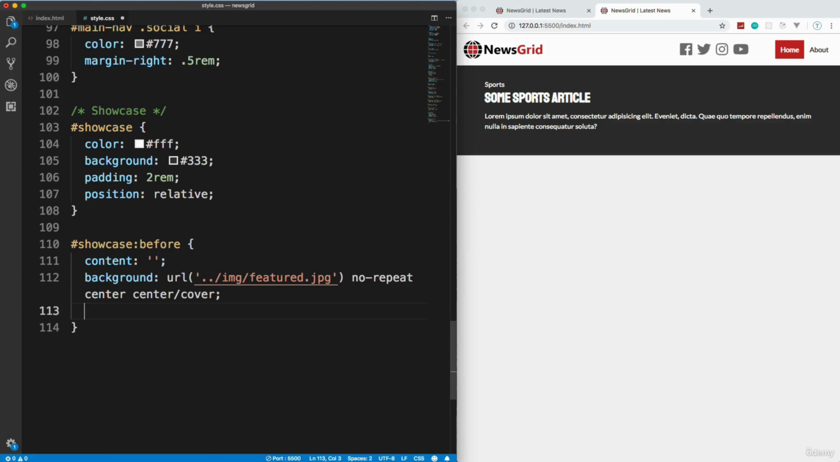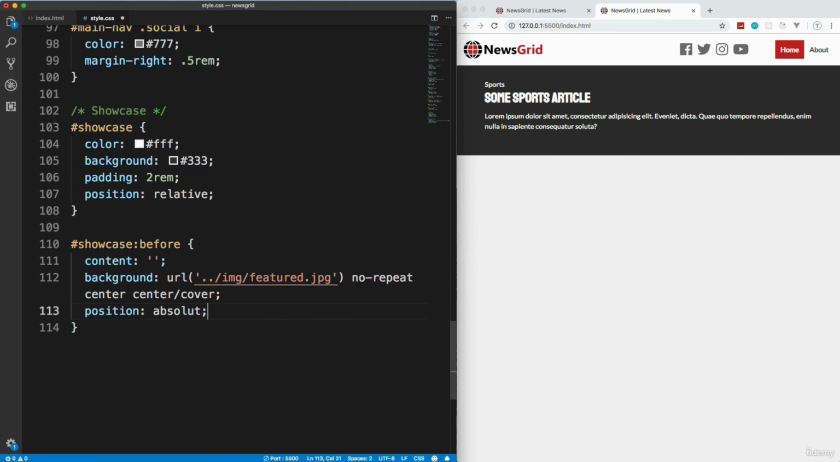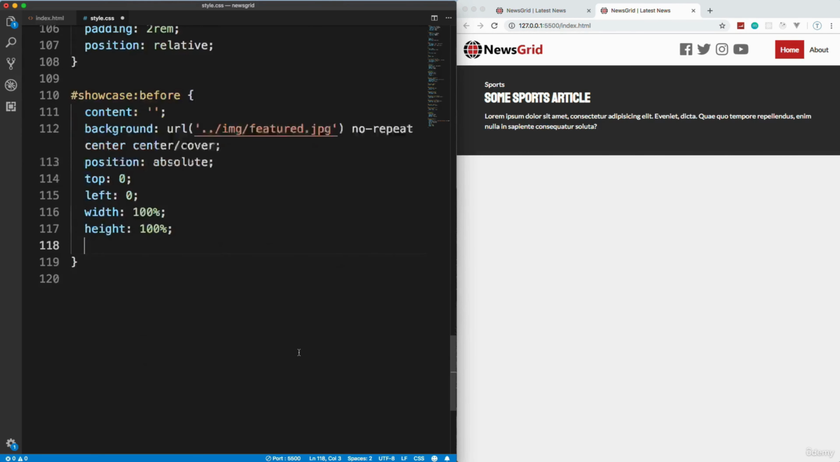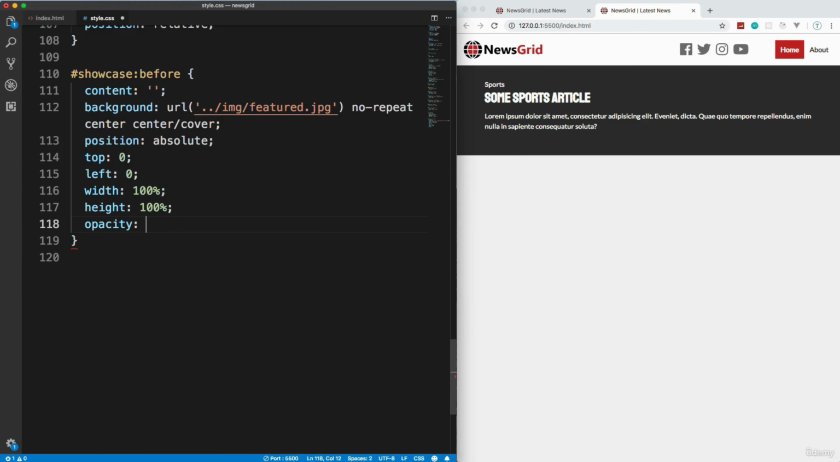All right, that's not going to show just yet. Let's position this absolute, because we're basically laying this on top of the showcase. Okay, so position absolute, start at the top 0 and the left 0, and then we want the width to go all the way across. We want the height to go all the way, so 100%. And we also want to make it translucent or transparent, so let's add an opacity of, let's say, 0.4